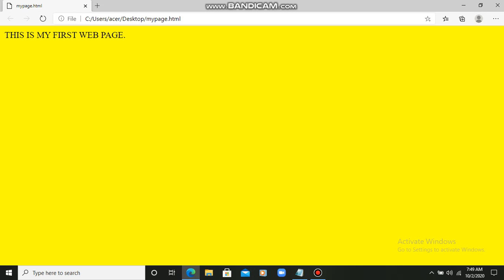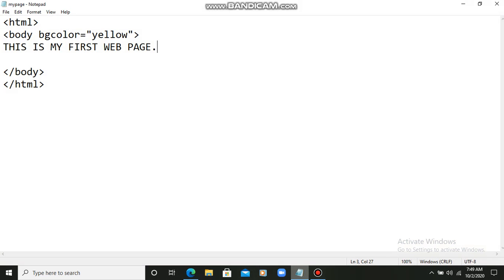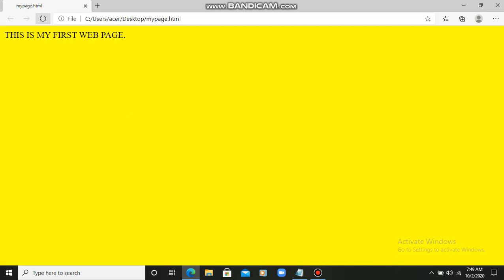But students, it is also possible that we can move our text to the center. For that we need a center tag. So I'll make use of a center tag here, CENTER, and here also I will close the center tag. Let's see whether it works or not. Students, with the help of a center tag we are able to move our text onto the center part of the web page.